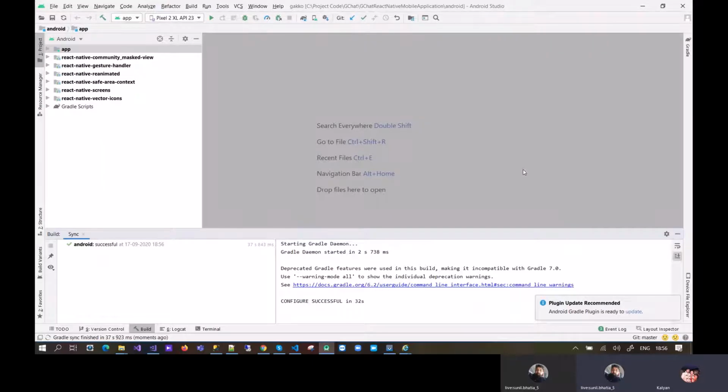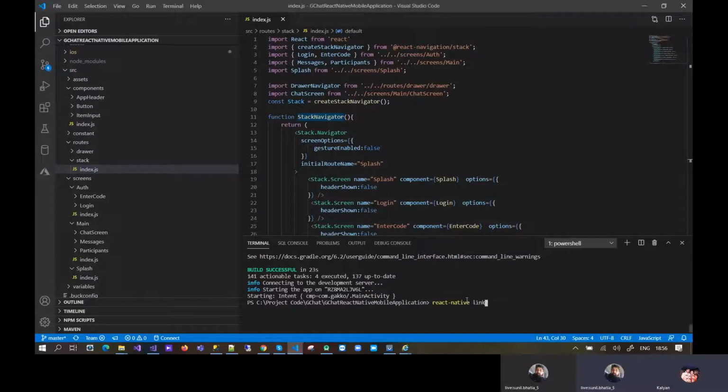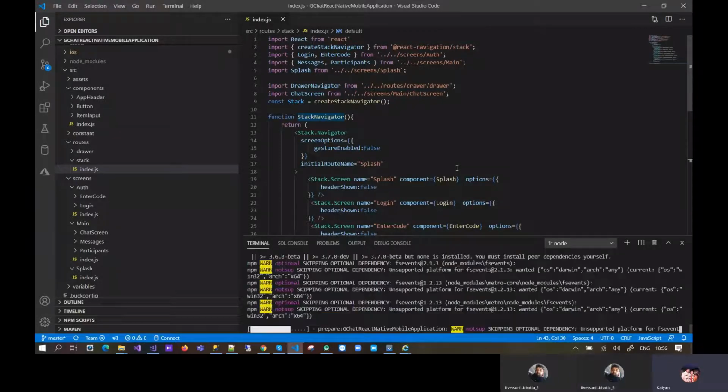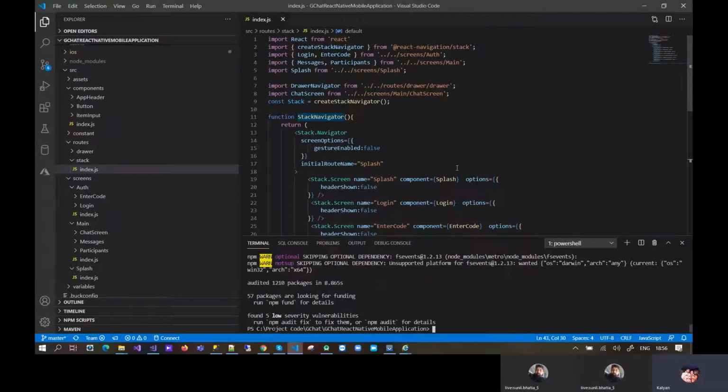Now you have to run the command npm install for node modules, to update the node module packages under VS Code. npm install, right? Yeah, npm install. Okay, done.